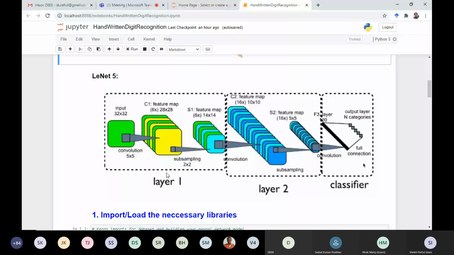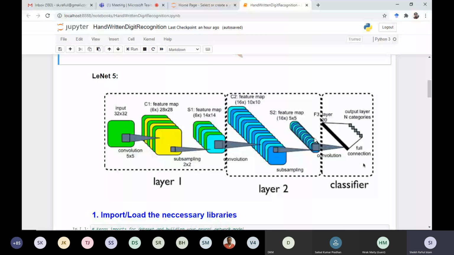If you try to break this whole network, we can say that during this period, we are trying to extract features from the input images. And in this portion, we are trying to classify, that is, we are going to present the output.